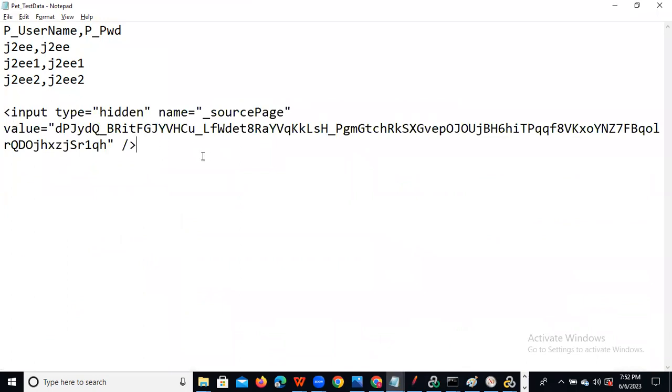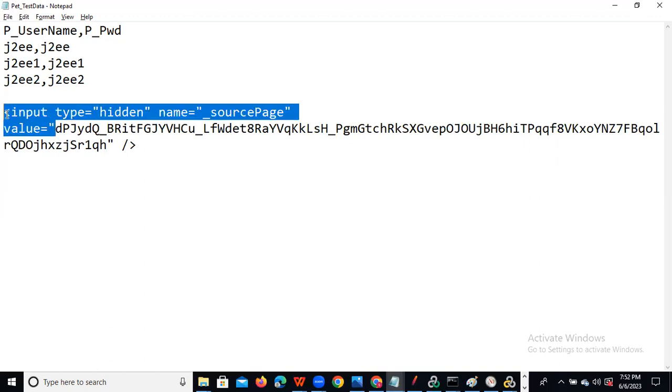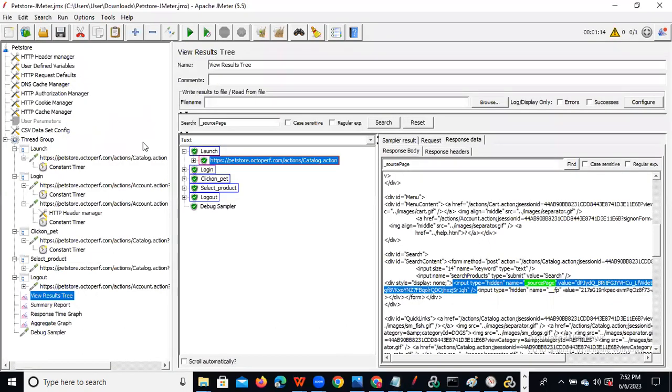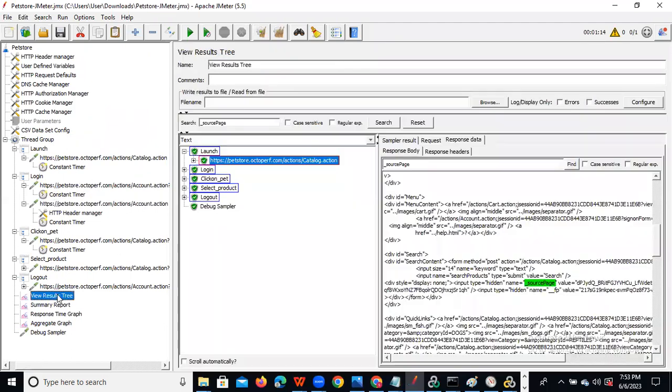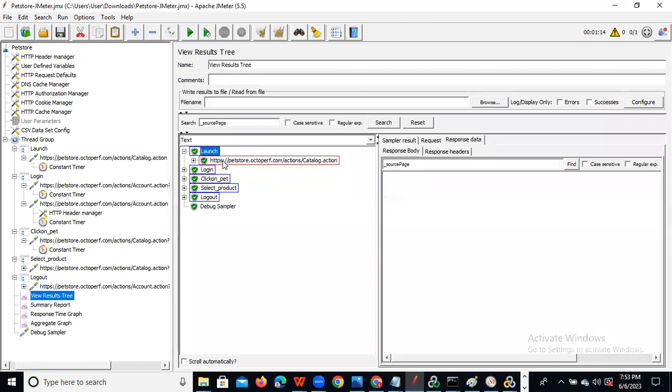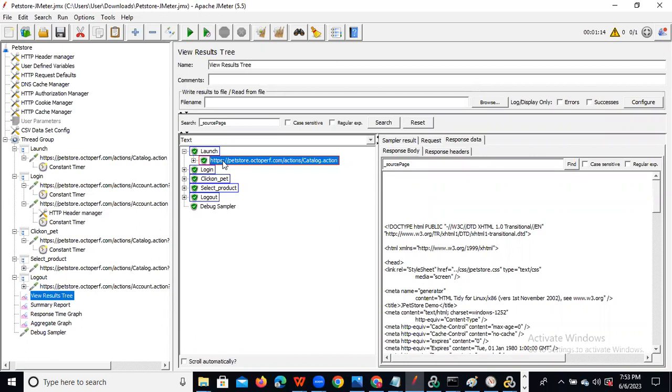Now we need to take the LB and RB, left boundary and right boundary. This is the left boundary, and after that this is the right boundary. Now one important thing: where do we write it? Already we know the request is there, and we need to write the extractor above the request every time. But now it is highlighted where the response is showing, in launch. So we need to write it from here, so the first occurrence is what we concentrate on.